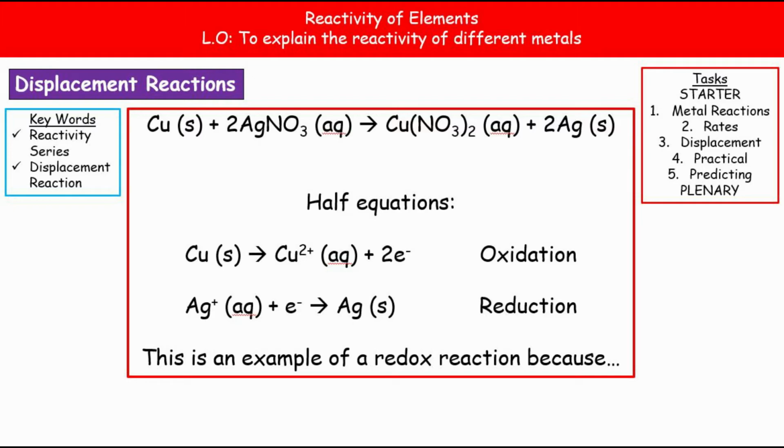So we start off with the copper solid, and we're then going to make copper ions, and it's going to be Cu2+ ions, and obviously 2 electrons, because in order to change a copper atom into copper ions, each atom has to lose 2 electrons. And because it's losing 2 electrons, it's an oxidation reaction, because oxidation is the loss of electrons,